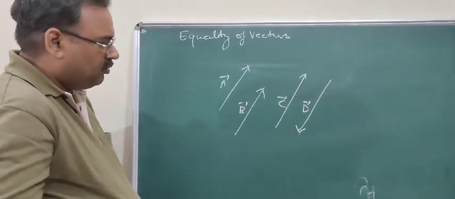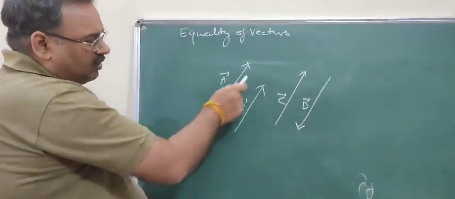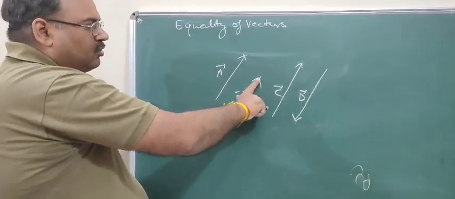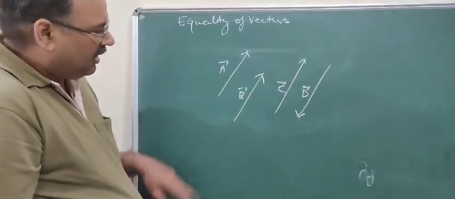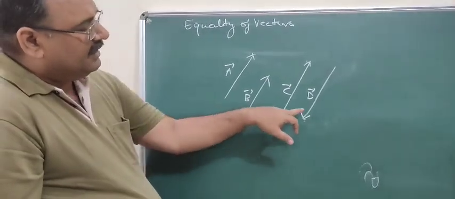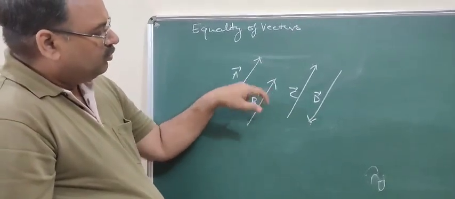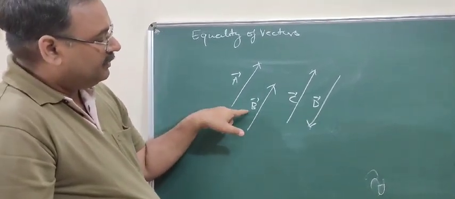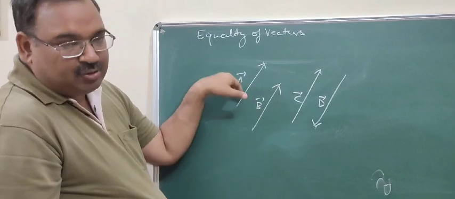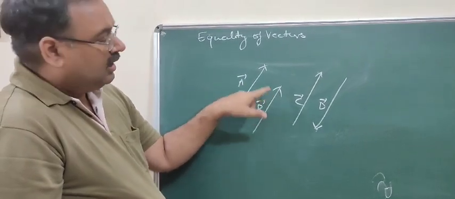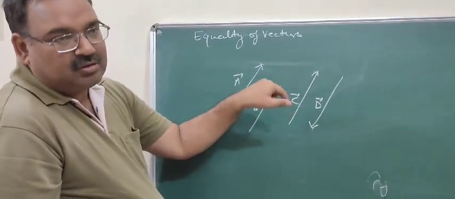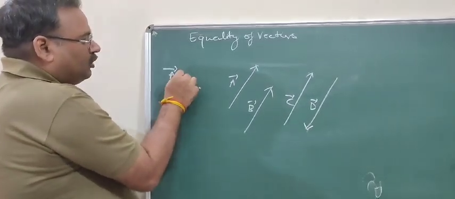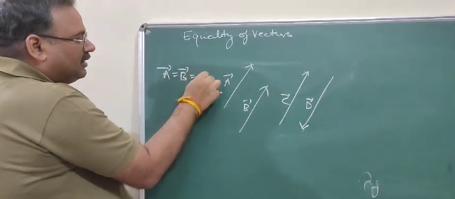Now I have drawn certain vectors here. You can see all of them are moving in one particular direction and their length has also been assumed to be equal. Okay, so I have drawn vectors A, B, C and D. They are all moving in a particular direction. Vector A, vector B, vector C, their lengths are equal, so their magnitudes are equal, and they are in one specified direction, so their directions are also equal. Therefore, vector A equals vector B equals vector C.